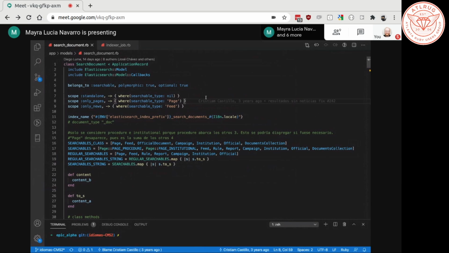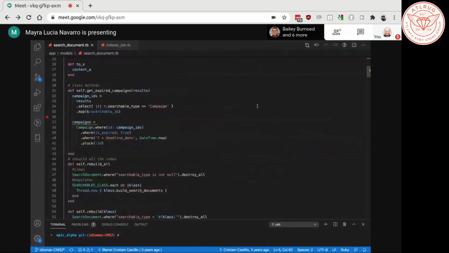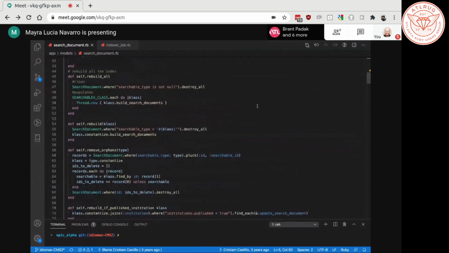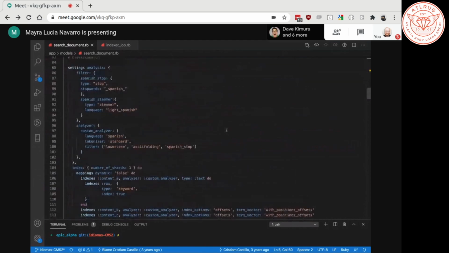So, for example, here we decided to create a model called search documents. We included the concepts of the gem, and we make it searchable. This is something bigger. This is part of the Elasticsearch.